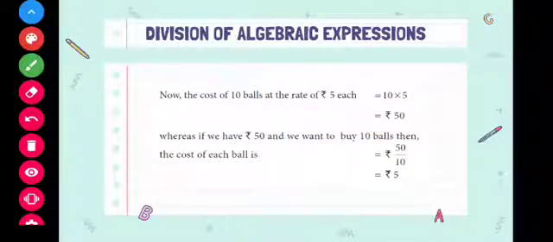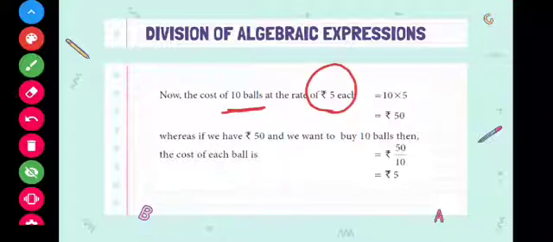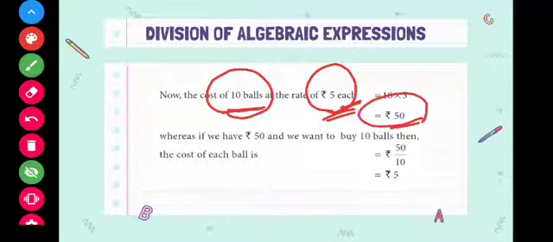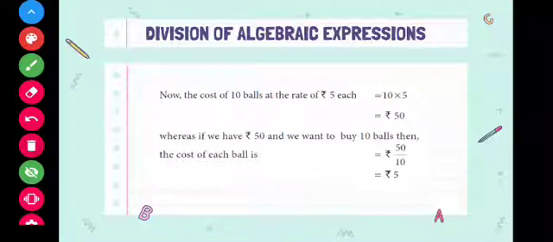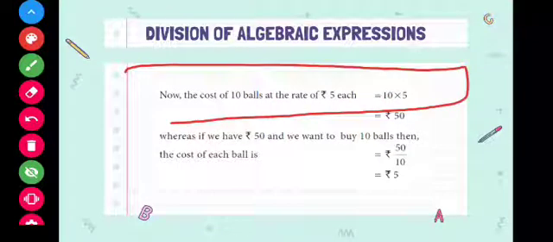So first, let's see how we use division in a usual life situation. You go to a shop, and in that shop you are going to buy balls. You are planning to buy 10 balls, and the cost of each ball is ₹5. So how much money should you pay to the shopkeeper? The number of balls you are going to buy is 10 and each ball's cost is 5, so 10 into 5 will give you 50. So you will be paying the shopkeeper ₹50. This is simple, anybody can do this.